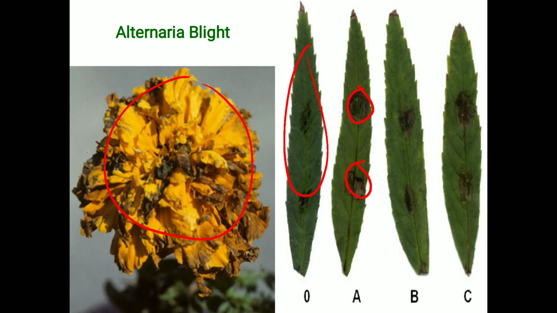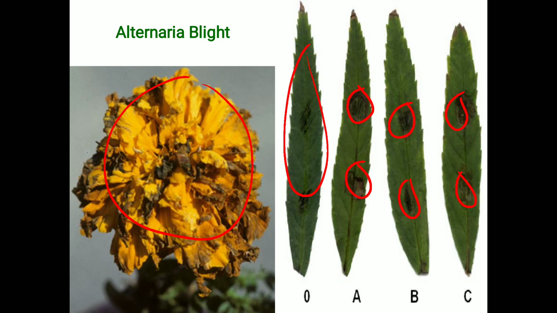At the initial stage the minute spots enlarge, and when favorable conditions arise, each and every spot connects or coalesces with the others, so a large patch of dark brown spots will be observed. Regarding perpetuation, the primary infection is from plant debris and the secondary infection takes place by airborne conidia.